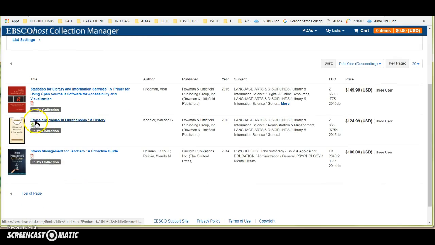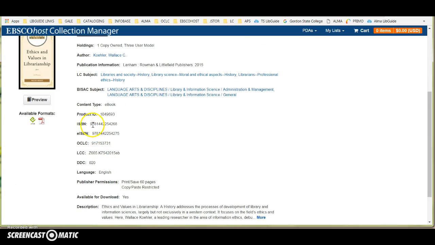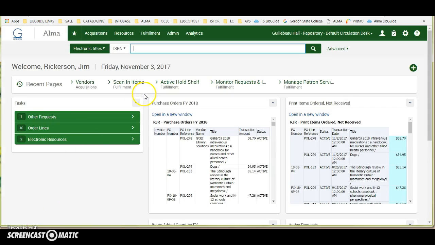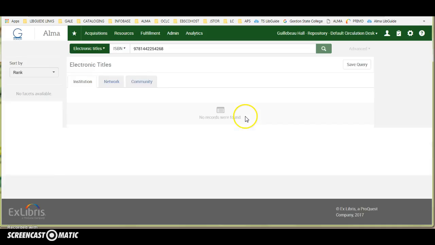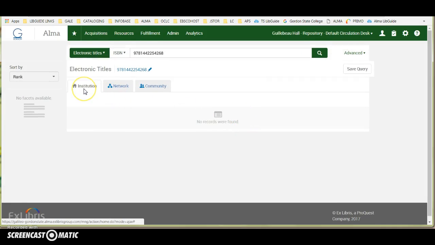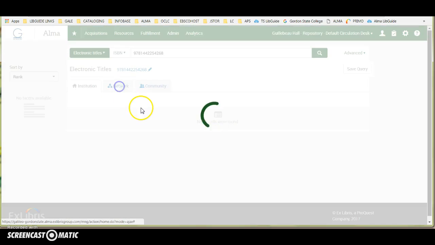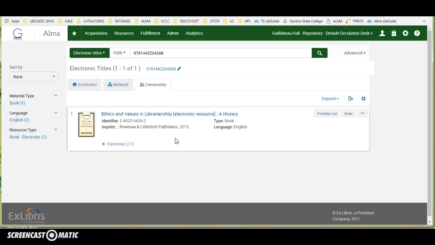So we're going to add the title Ethics and Values in Librarianship, a History, and what we'll do is we're going to copy the ISBN number, and then you'd open up Alma and search by electronic titles ISBN, and so we'll paste that ISBN in, and of course we don't have a record in the institution zone or the network zone. There is an electronic MARC record in the community zone. So we're going to select Order,